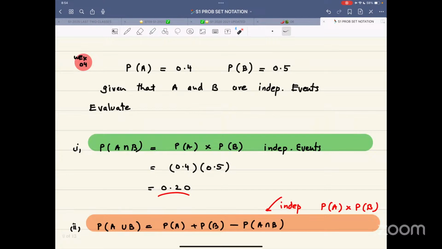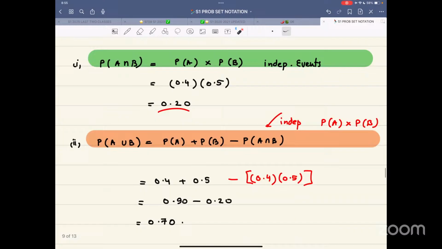Something more. Probability of A is 0.4. Now this is an ETQ, exam type question. Probability of A is this, probability of B is this. Given that A and B are independent, evaluate A intersection B. Since it is independent, the intersection is the individual probabilities multiplied together. And then evaluate A union B. That is the whole formula, except that the last part is obtained by multiplication. As simple as this.